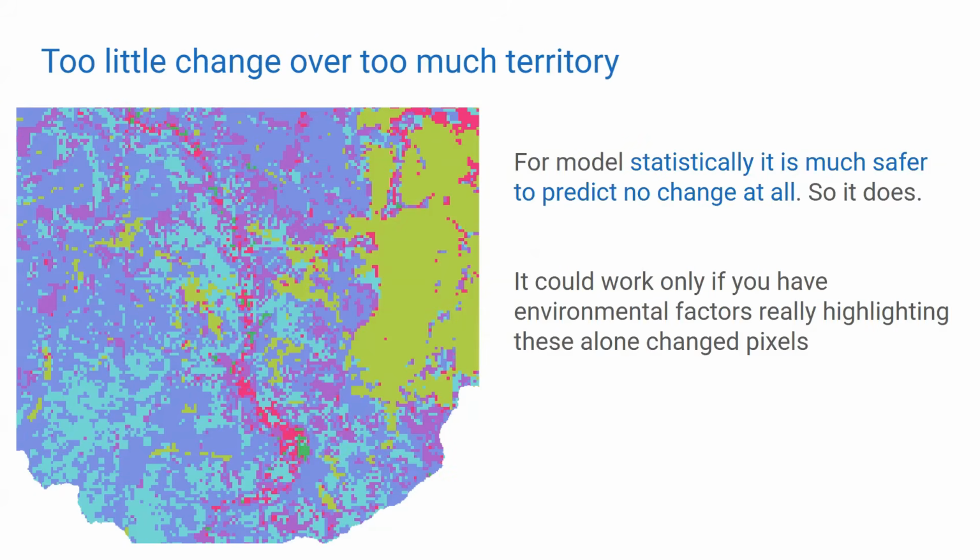So it's like 0.00001% of pixels have any change. From statistical point of view, it's much safer for the model to predict no change at all. So it does. So if you face that your simulated map is similar as an initial map, the reason is that you have too little change on too large territory and you use too little number of sample points to describe the